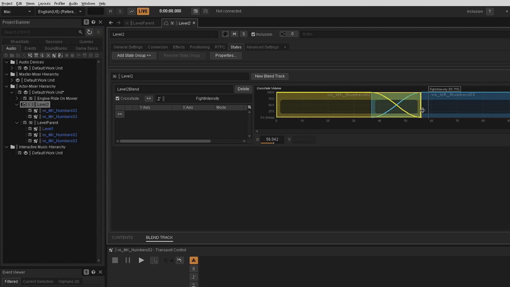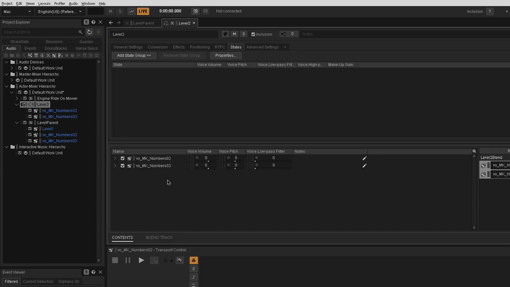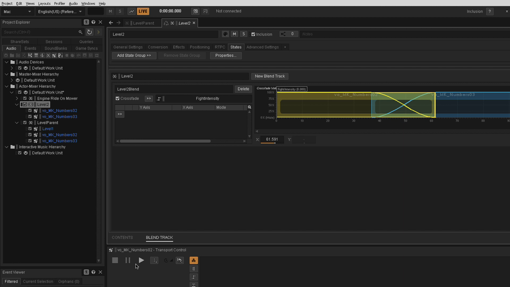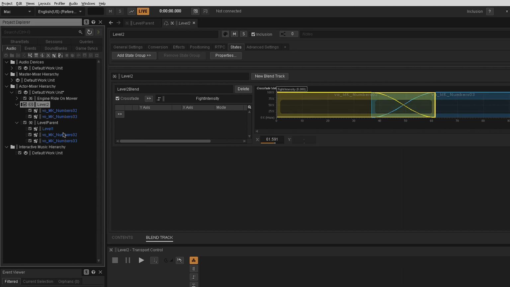All right, now we see our 2 tracks, and we're going to have to redo this part, but that's okay because we want to get comfortable with just making sure everything's working correctly. And I think it's okay to redo a little bit of this work for the comfort of knowing that it's doing what we think it's doing. So now we can actually test this. Make sure we're on the level 2 transport control